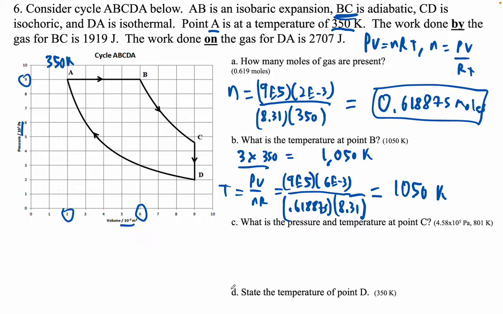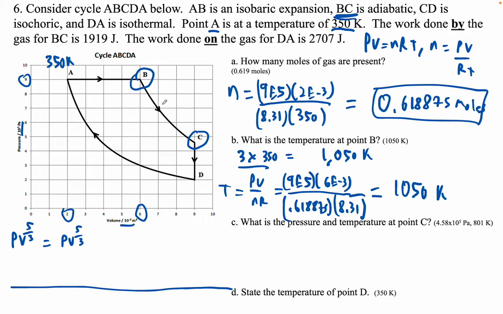Okay, so what we're going to do is use this relation, and we're going to go from here to here, because that's an adiabatic process, right? So on the left side will be B here, 9E5